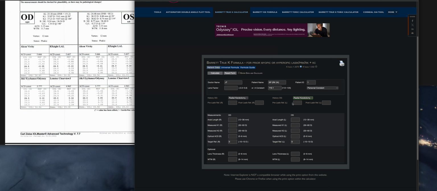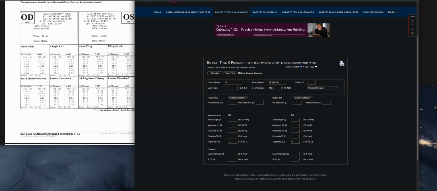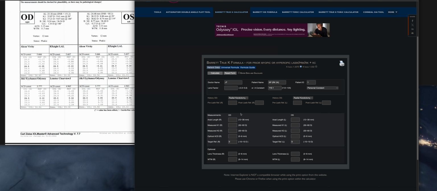Of course, if you're calculating other things, you put the history there. Okay, so axial length here's 25.18. Oh, what happened? Okay, we'll just start over. 25.18. K1 is 35.87. K2 is